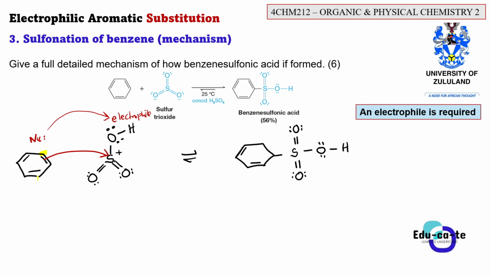So the moment we break that bond, this carbon here that is highlighted in yellow has to acquire a positive formal charge. And this is no longer a benzene derivative. It's an ion because it has a charge, right? So we say this is known as an arenium ion. This arenium ion can undergo different resonances and whatnot, but we're not going to show that. So this is the arenium ion that we create here.